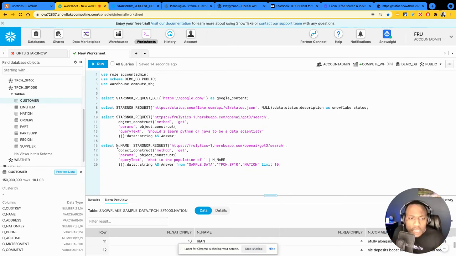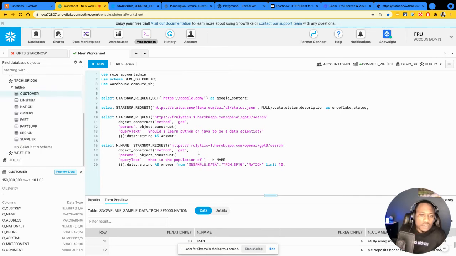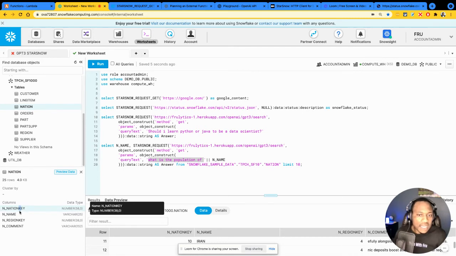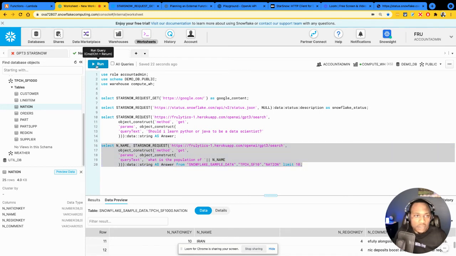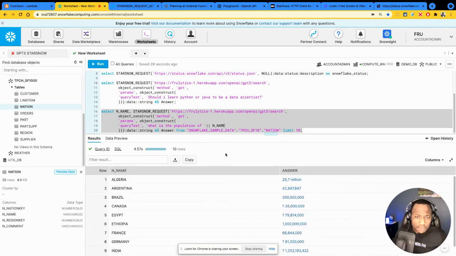All right. So here we're going to go to the endpoint and I'm going to go from sample data. Actually, let's call this Snowflake sample data, and we're going to go for this. And what we're going to do here is we'll say what is the population of, and then we're going to pass name, right? So we know there is a name variable here, so we're going to pass n_name. So now we're building the string, and then this becomes our query that goes to GPT-3. Got it? Pretty cool. So let's just run this for the first 10 countries, and we're going to hopefully get the population of,